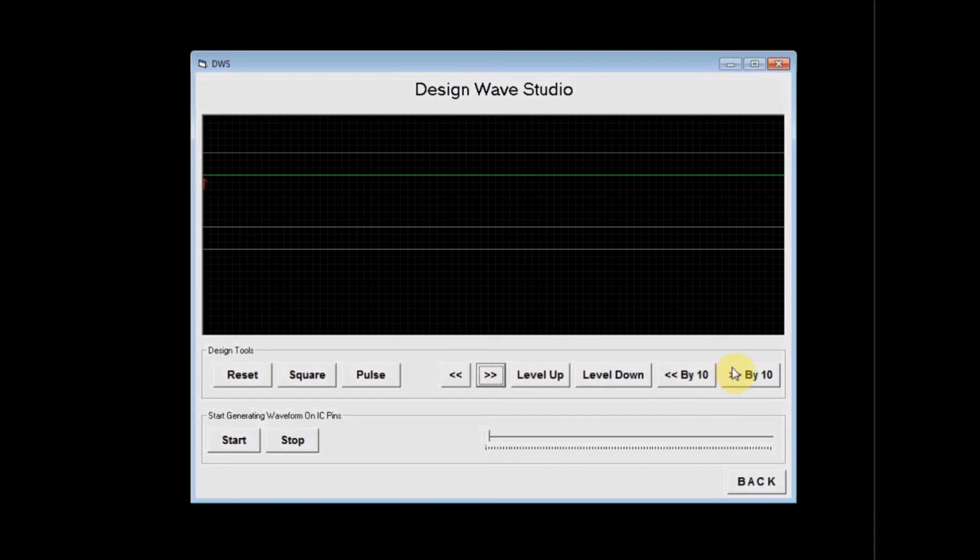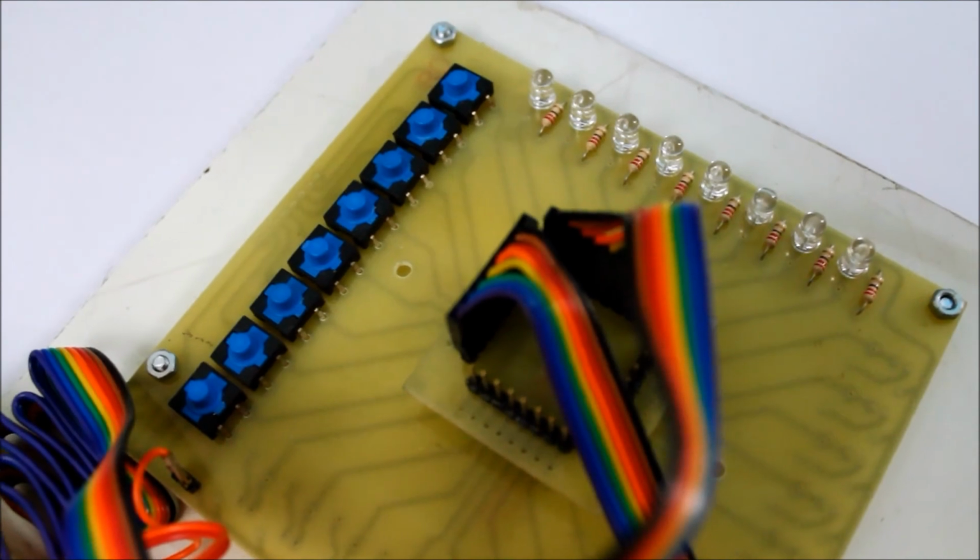In order to generate an asymmetric pulse, the level up, level down, and the shifters can be used. This module is highly suitable to generate pulse width modulated signals for testing motor driving circuits.